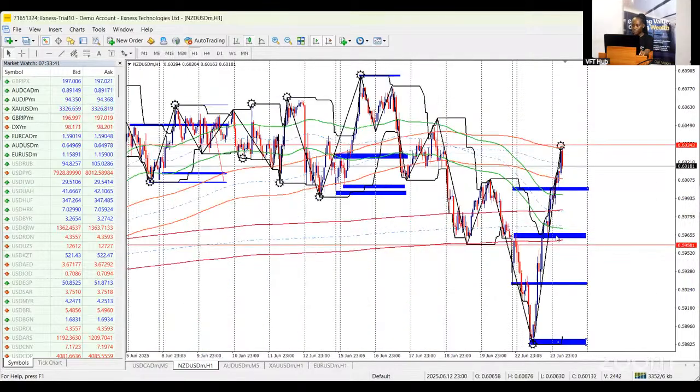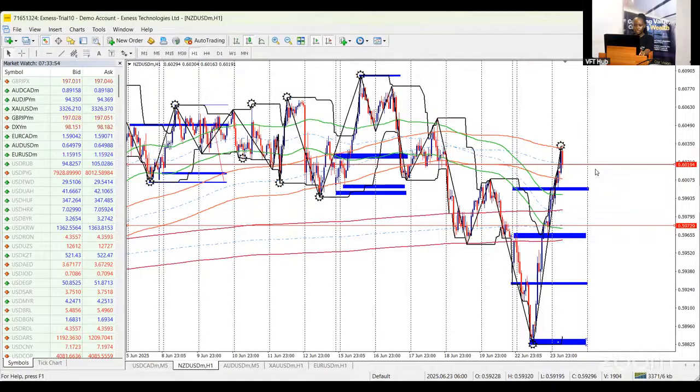On the H1 time frame, you see that we have certain zones, but let me go ahead and readjust this. These were from last week's markup. So moving into today's analysis proper, this has zones that should serve as resistance for NZD USD to continue to sell, right? Following what it has been doing since the 15th of June. However, price has violated these zones. It has also violated this. So is it possible that we're going to see NZD USD break above and retest this level to continue upward? Or is it going to eventually continue selling regardless of it breaking the zone? We're going to keep watching, right?